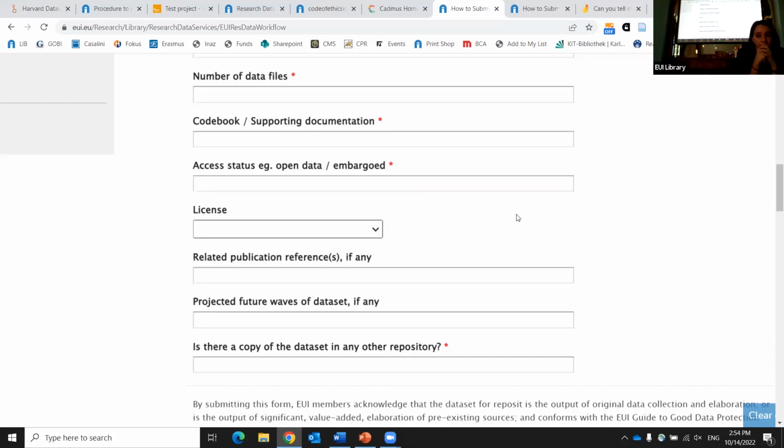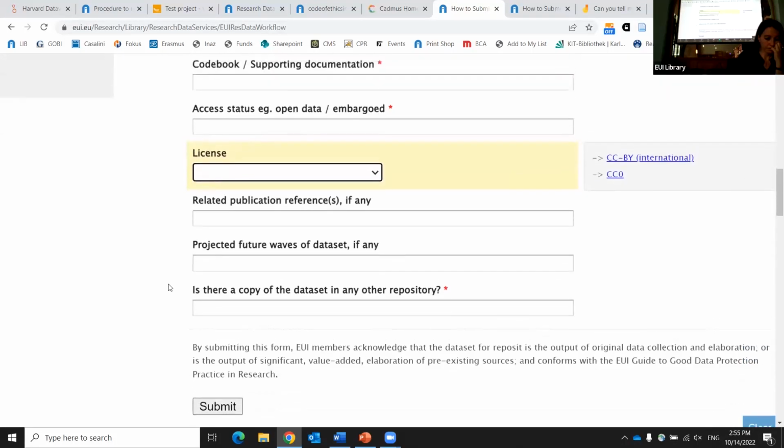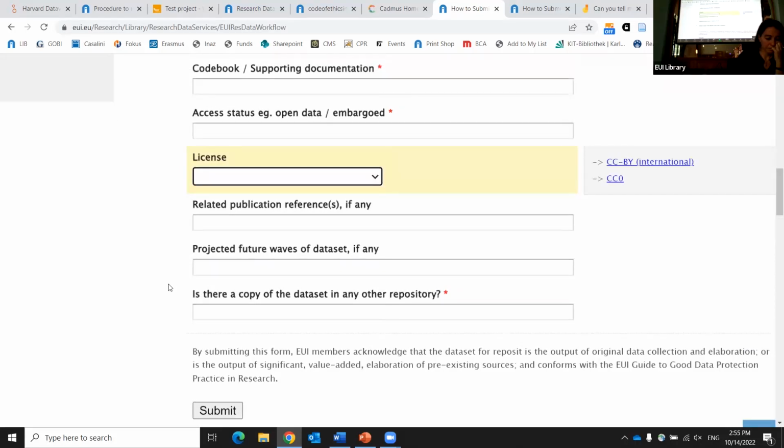It will help you with all of these things, like license or something like that. Related publication will link to your publication, and future work. You can say we intend to repeat this. That's if it's a survey. Interviews would be a good example. And is there a copy of the data set somewhere else? You can put it somewhere else, like as Federica said, in the Dataverse. And also here,